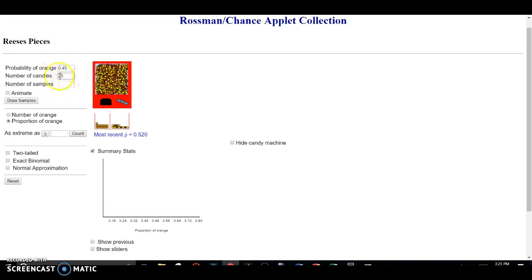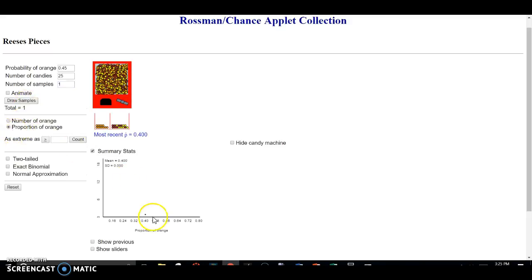You can change the number of candies from the sample that you can take. You can change the machine, how many, what the probability is. In this, you're actually going to set it as 0.45 for the first question, and then I think you're going to leave it as 25 candies that you're going to draw, and you'll draw one sample,